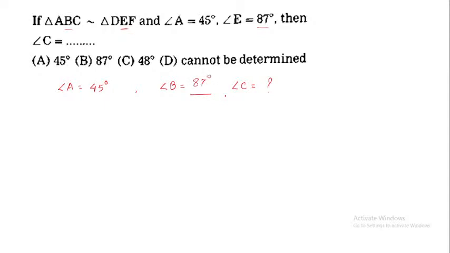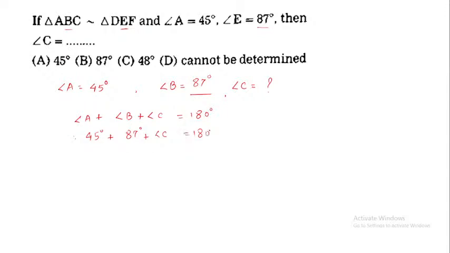Now for triangle ABC, we have the measures of 2 angles out of 3. Now we can find the measure of angle C. If we add these 3 angles, angle A plus angle B plus angle C is equal to 180 degrees, as the sum of the measures of all 3 angles of a triangle is 180 degrees. So angle A is 45 degrees. We replace here: angle B 87 degrees plus angle C, which we have to find, is equal to 180